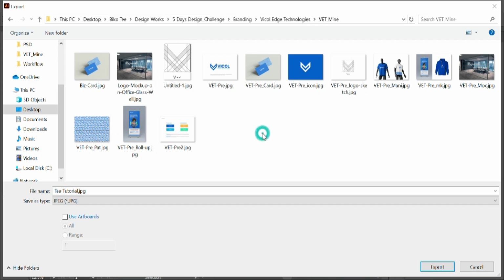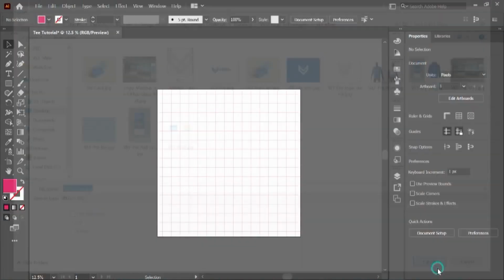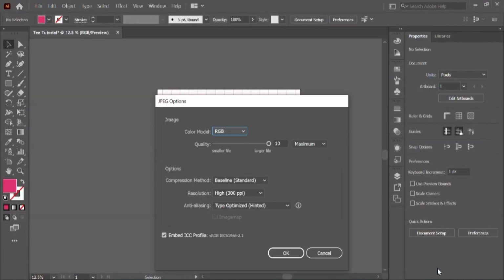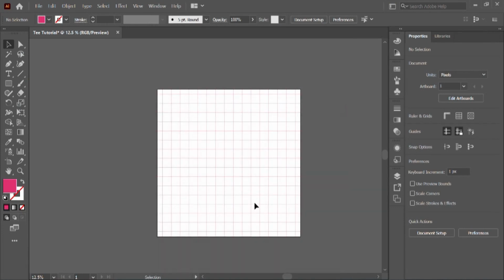Okay, so let me just save it inside of View. I'm going to save it here. The name of the file is T-tutorial. So I'm going to click on Export, then click on OK. So it has saved. The next thing I'm going to do now is move back to Photoshop and continue